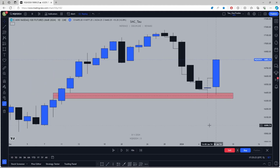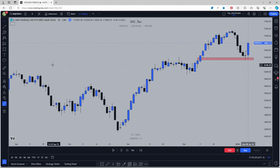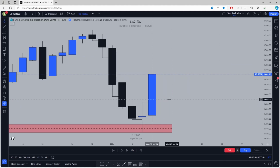So because of this rejection of the fair value gap as well as the retest of this high, put that together with the fact that we just closed above Friday's high, and look at this strong candle. This is the displacement candle, right? So this move on its own is saying, hey, we are bullish on Tuesday, and I was expecting bullish price